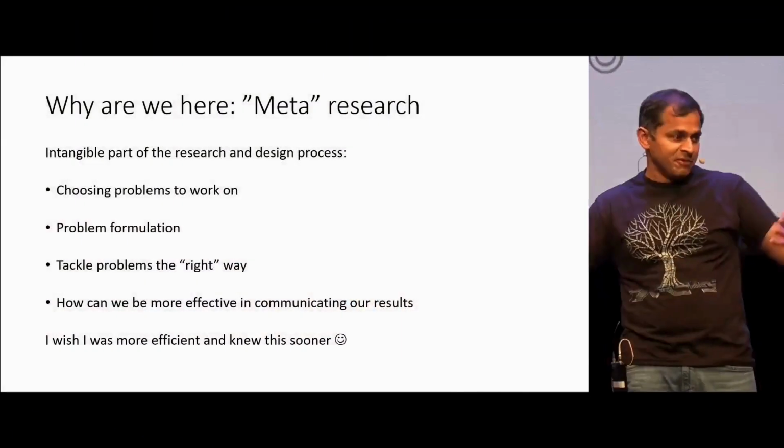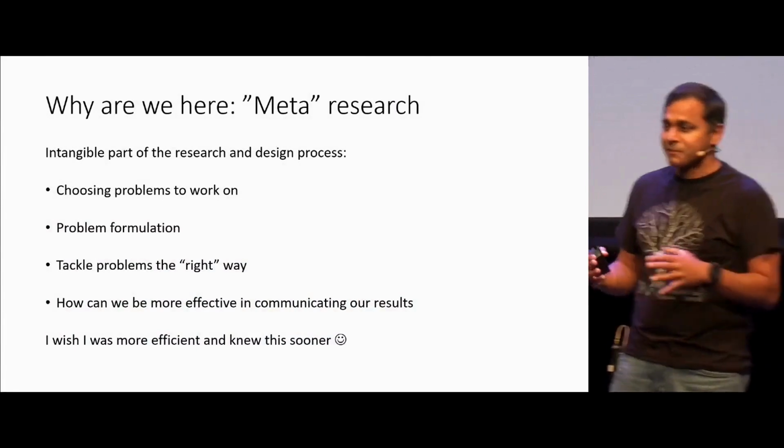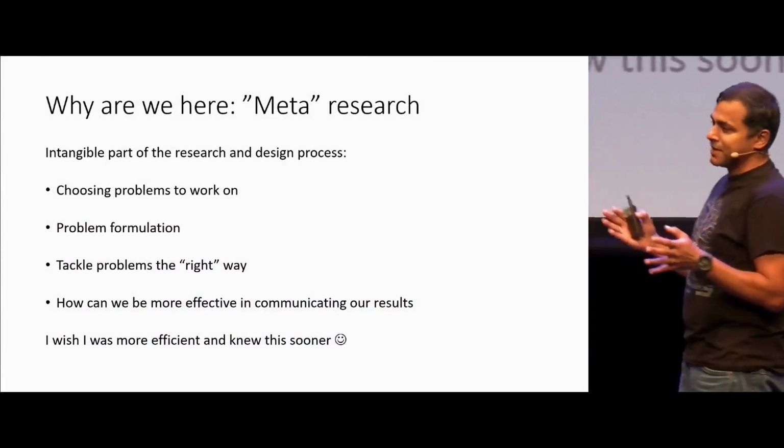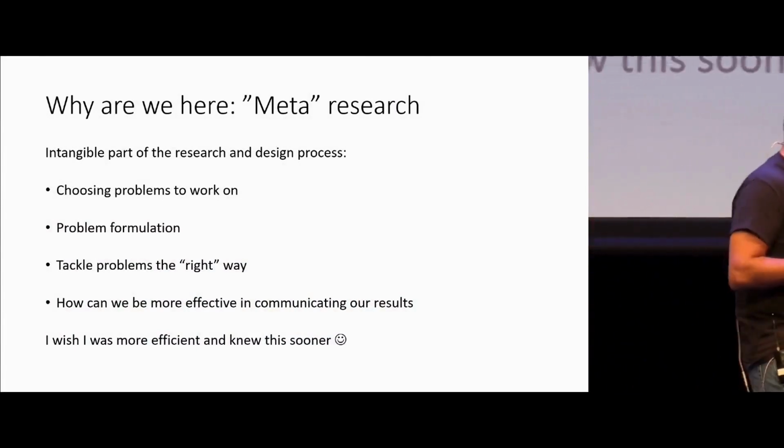I think one of the talks yesterday said something about how all models are wrong, but some models are useful. I think this was Kevin from UMass who actually said this in his talk. The same thing is true for advice. All advice you ever hear is wrong, right? Everybody is extrapolating from a small sample set, which includes themselves. It's a biased sample. So all advice is wrong, but some advice is useful. I hope that this advice is useful.